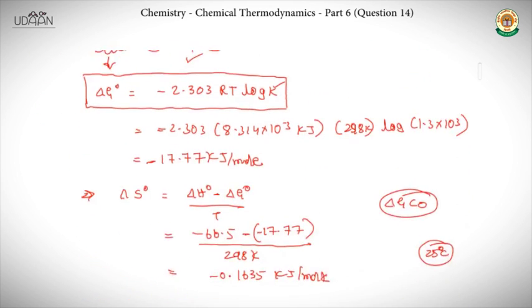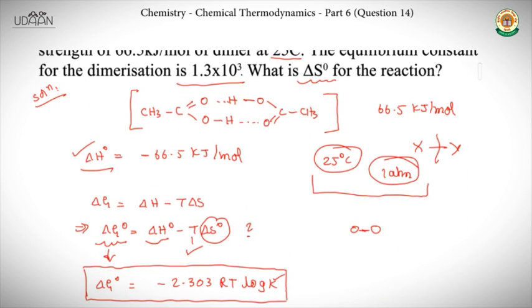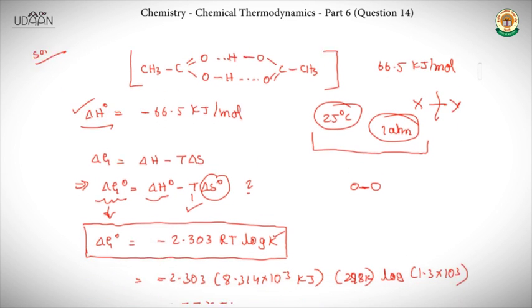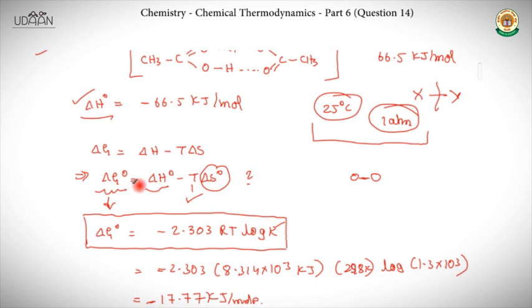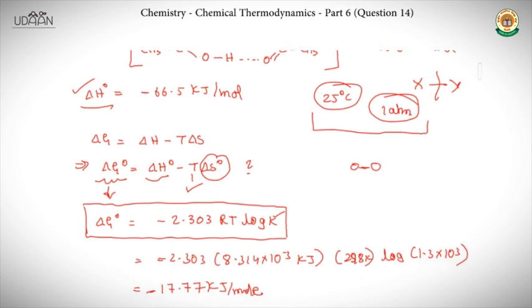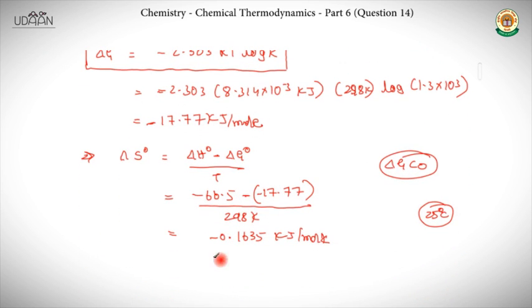And in this question what we actually did is that we needed to find delta S naught. So first we started with standard conditions. Then for calculating delta S, we used the help of free energy, delta G equal to delta H minus T delta S, since that is the only relation we know between enthalpy and delta S. So we started with that, and we calculated delta H, delta G naught and finally delta S naught.